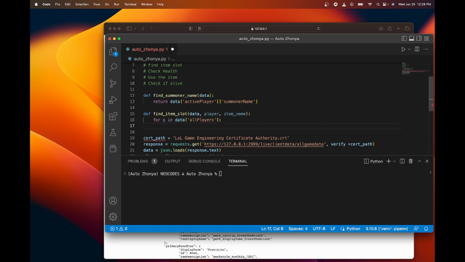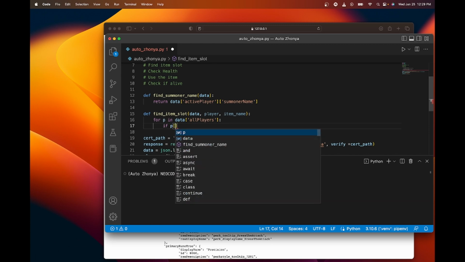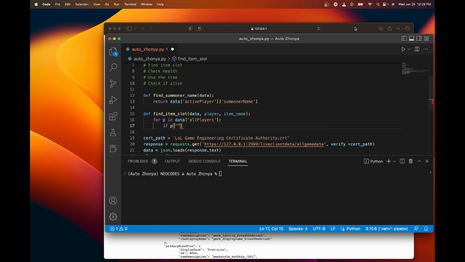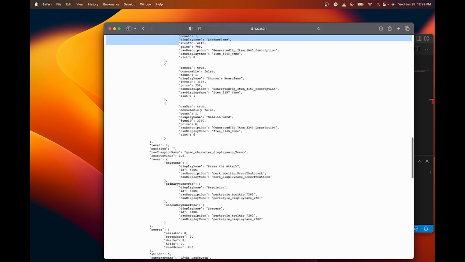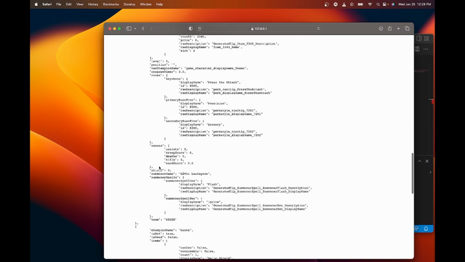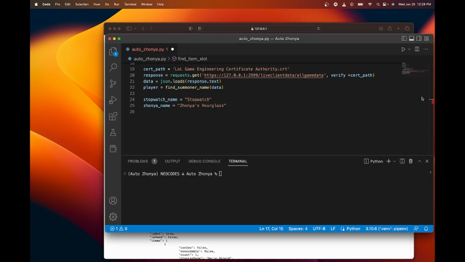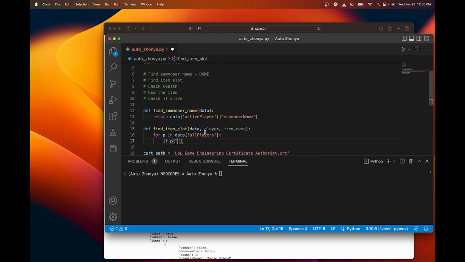I'm going to say if P summoner name, what is it? Summoner name, right? Is equal to player. If its summoner name is equal to our player name, in this case Loki Laufeyson,